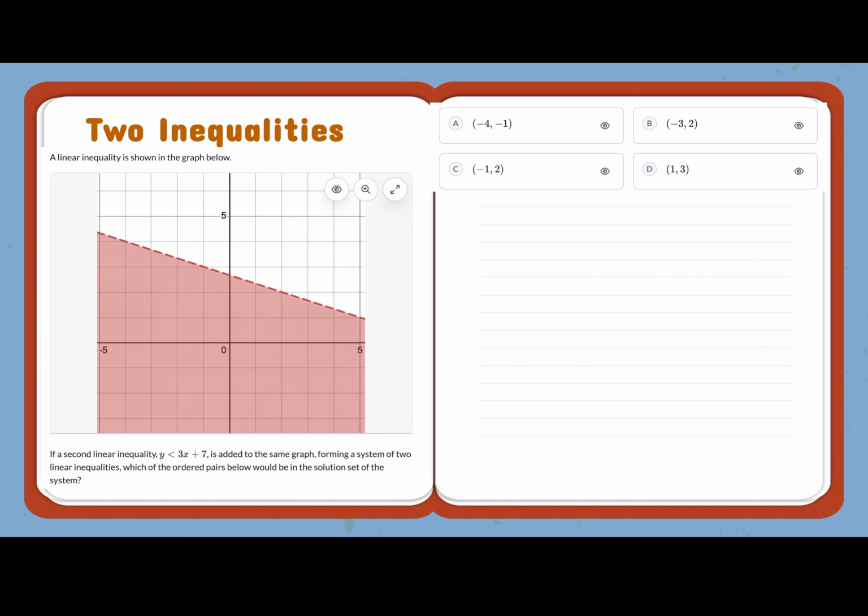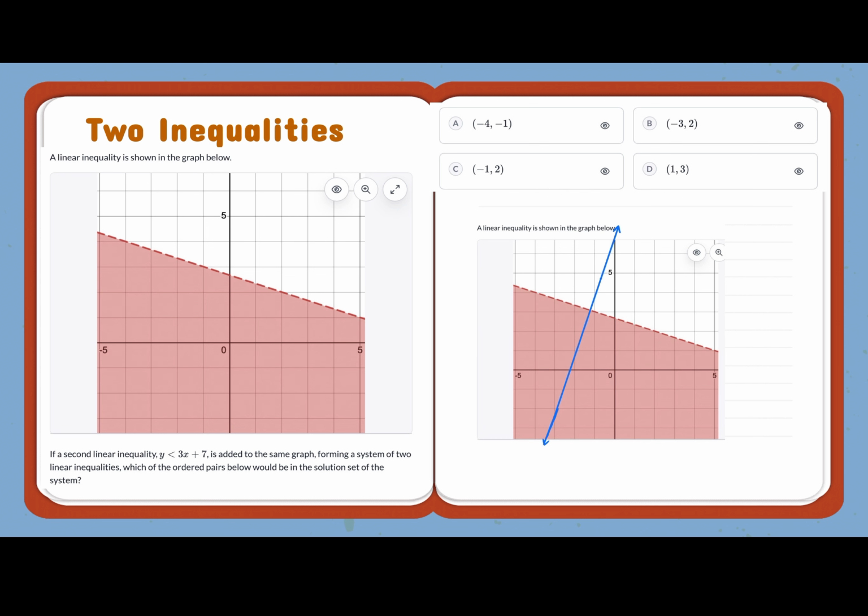Okay, now for this one, again, fairly similar to the one before, but we have this problem here. If we have a second linear inequality, which of the ordered pairs is a solution? So this time we have to be a little bit more mindful of where we're looking at. So we need an area that covers both